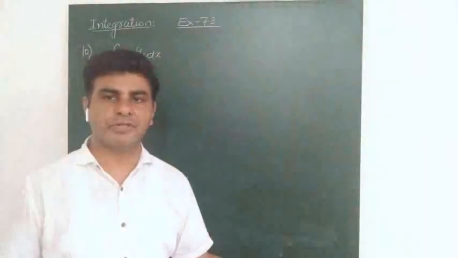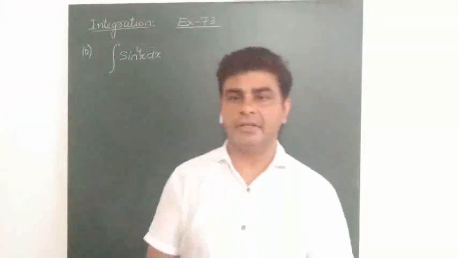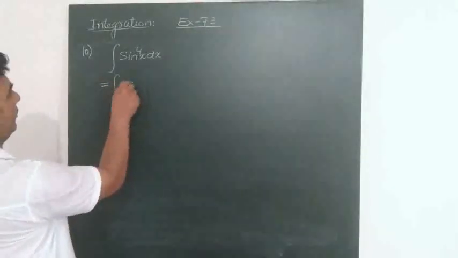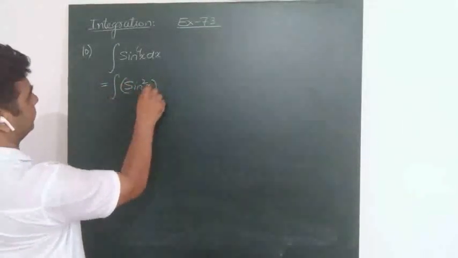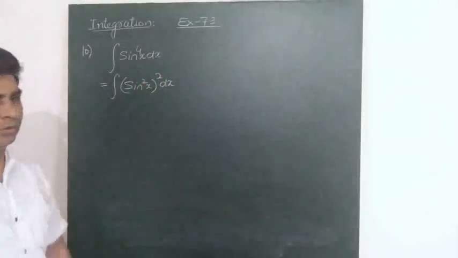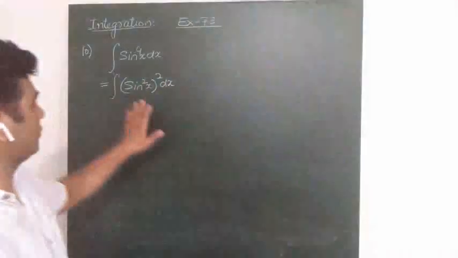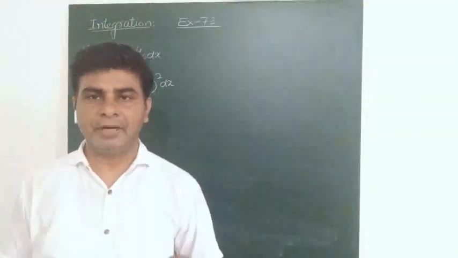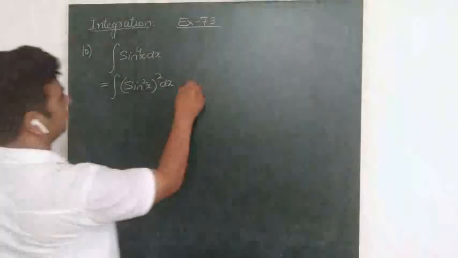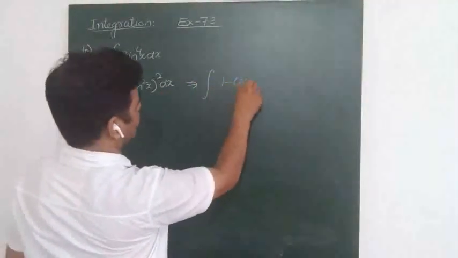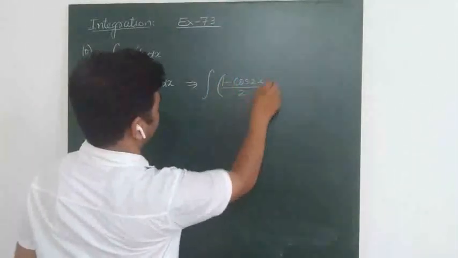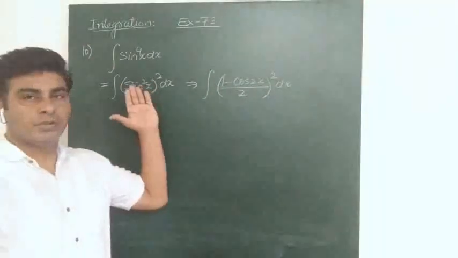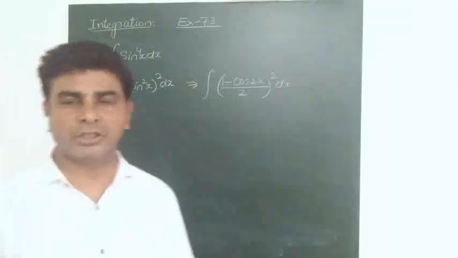We don't have the formula of sine 4x. We can't break it in the form of sine cube x into sine x. So what can we do? Let me break the power like this, by taking square of the square. By taking square of the square, now sine square x can be reduced to the linear power of the function by writing it as 1 minus cos 2x by 2 whole square. You can see now at least the square has been reduced. कम से कम square तो खत्म हो चुका है हमारा.